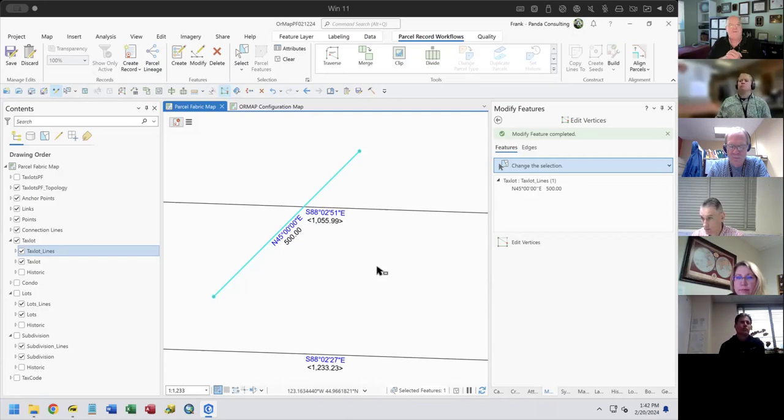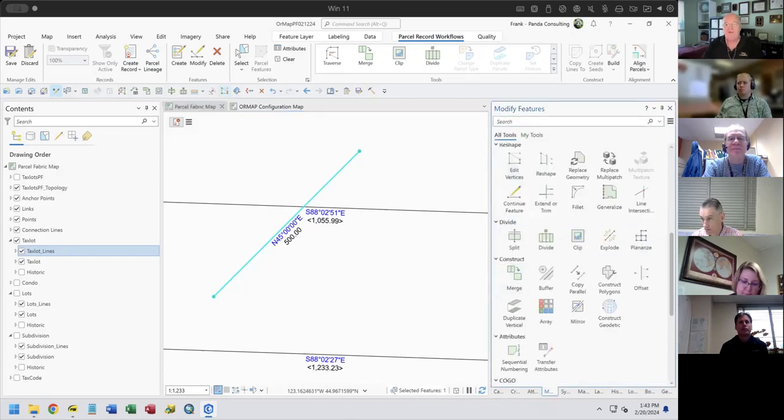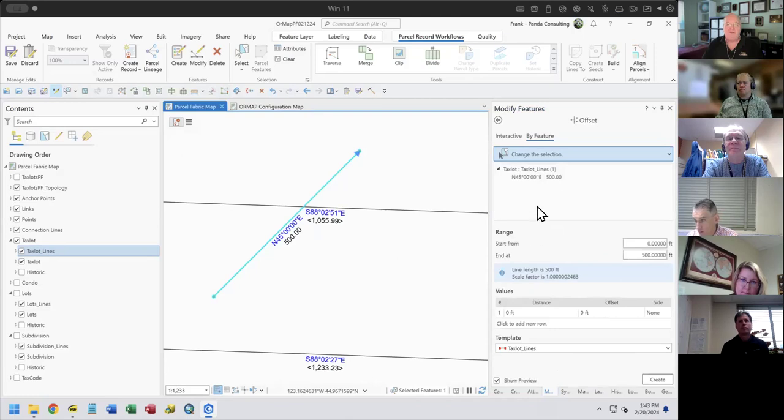Did that help, Scott? Yep. They hit it in here. But yeah, with the offset tool, if you get to use it a lot, there's a couple things you want to do. I think it would be a good idea to have it so that you can reverse these lines if you're using an existing feature on here. But by default, they